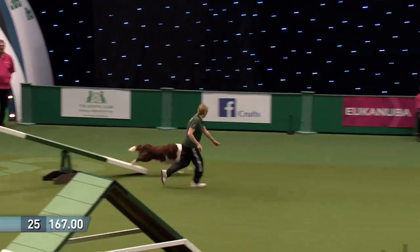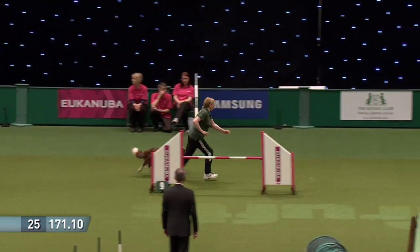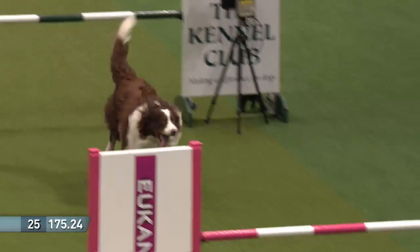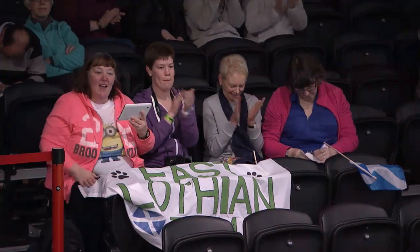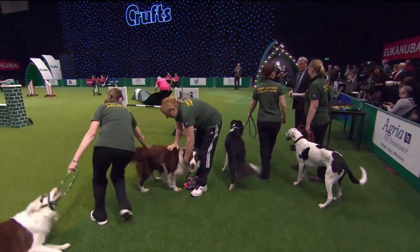But there we go. Here we are onto the seesaw. Must touch the ground. That's for safety reasons, because we don't want dogs flying off there. Taking the safe route round that jump. You see, slightly longer but safer. And they're going to be very pleased with this. That's very, very good indeed, isn't it? That is very, very good from the East Lothian team, and that takes East Lothian, I think, top of the